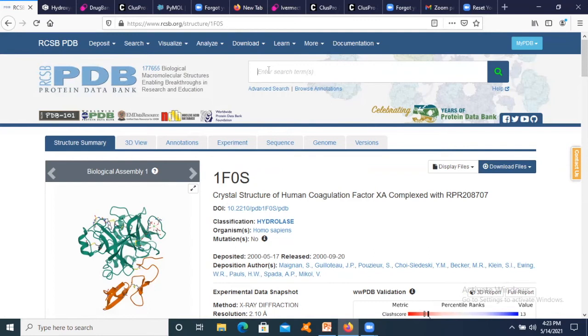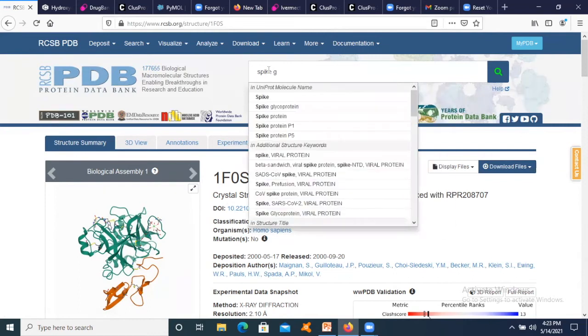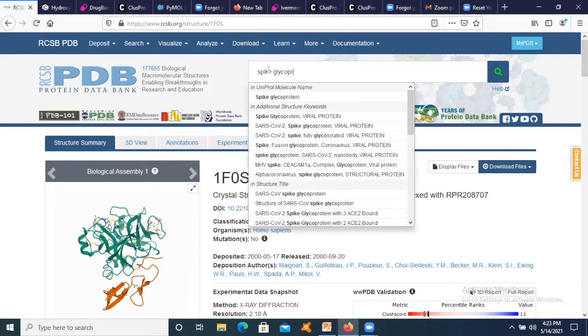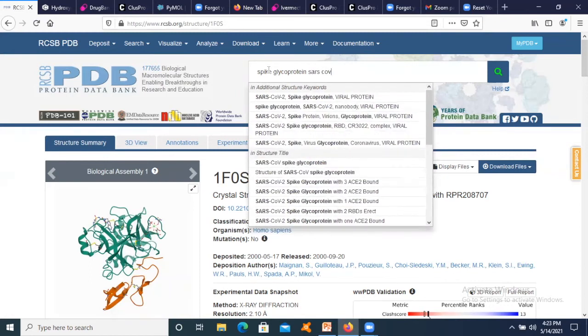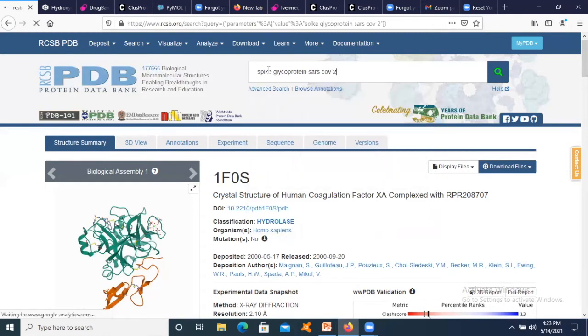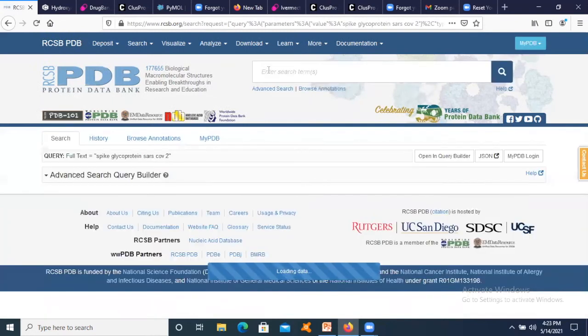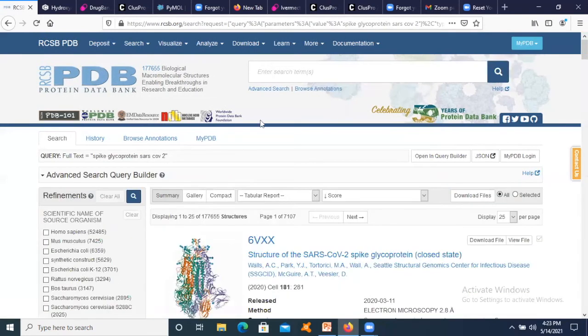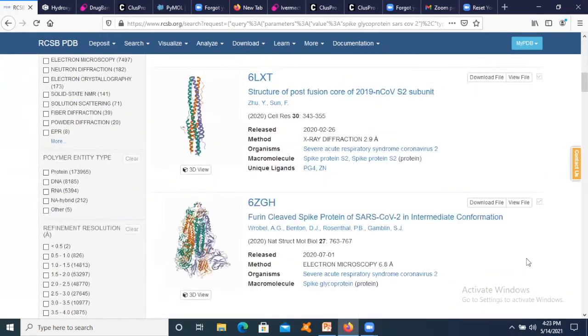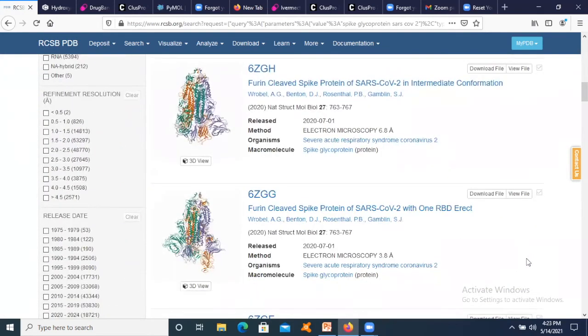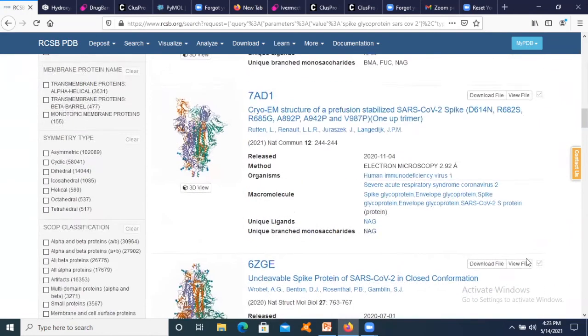Suppose spike glycoprotein or SARS. You can see here, these are all the structures that have been deposited for SARS-CoV-2 spike glycoprotein.